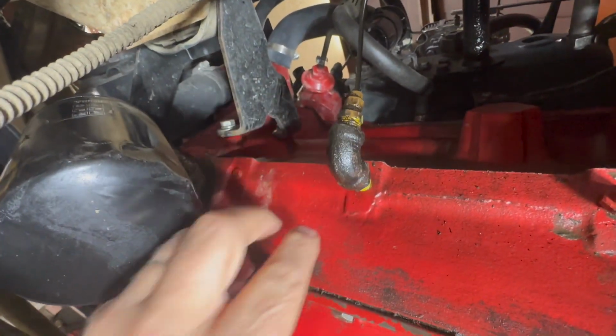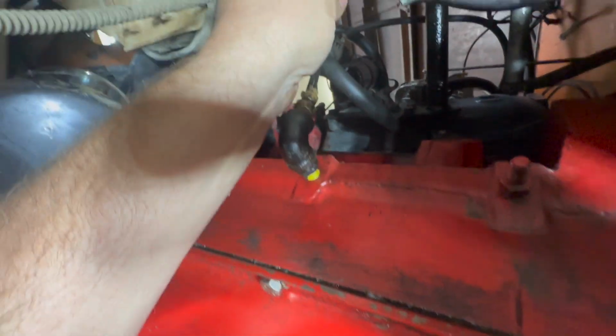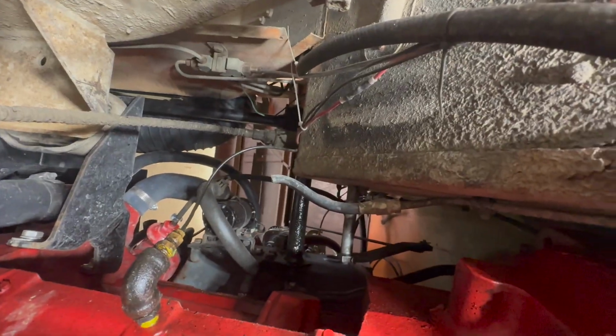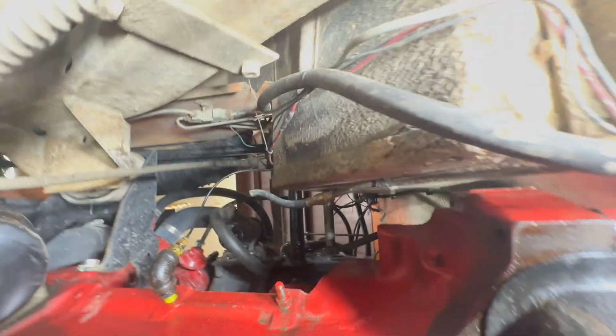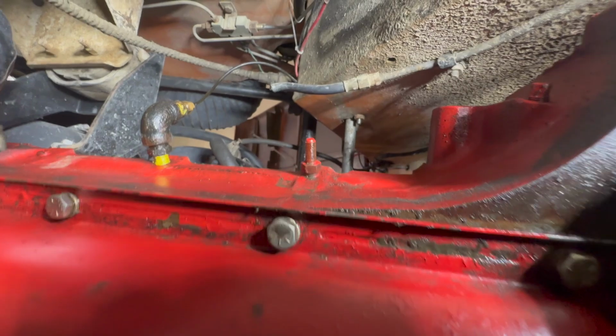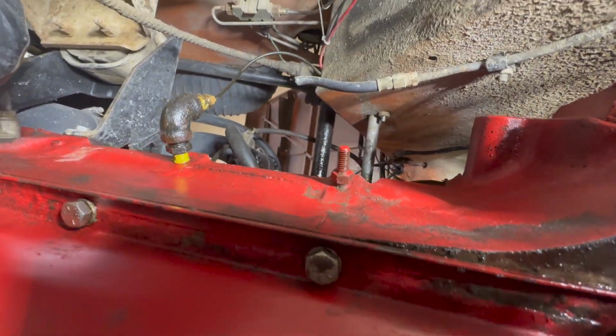This was pretty oily, which is the oil line, which is a plastic one, which is awful. But it is, and someday I'll fix that. Yeah, they say that's a real bad thing. But it's what's in here, and yeah, it's just what I got. So